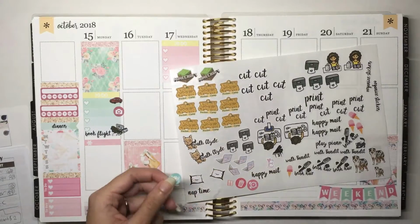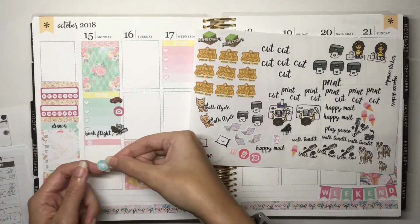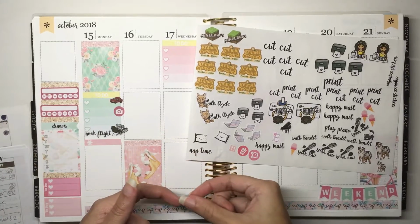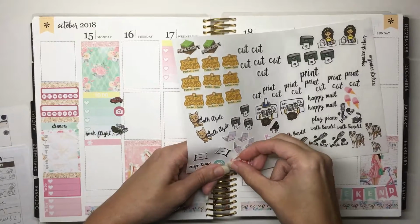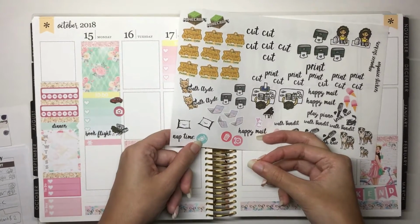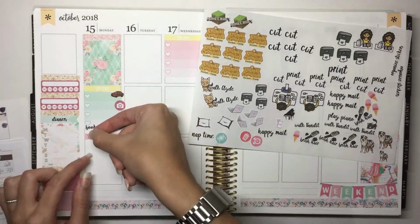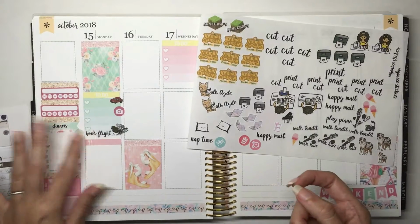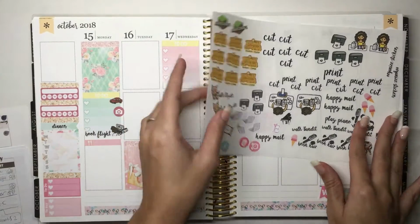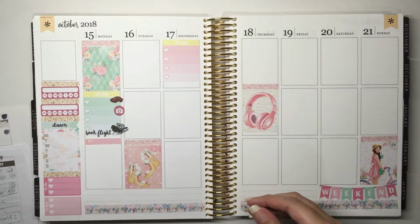Like, these are icons I pulled from, or extras from other kits, so they don't match colors perfectly, but it's close enough. Yeah, I don't want to use that one because it's clashing a little too much, because this is like a blue-green that's kind of more blue, and this is a blue-green that's more green. And this is like a pink that's more salmon. But you know what? Gonna do it anyway. Gonna hardly tell. So that, we went out to...